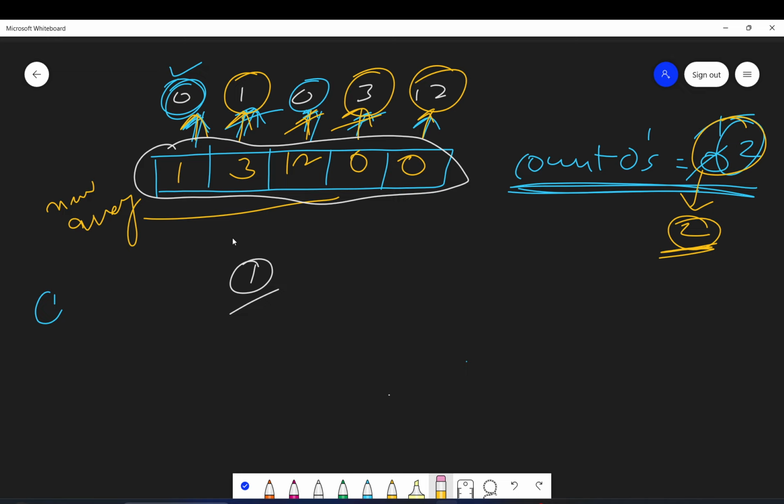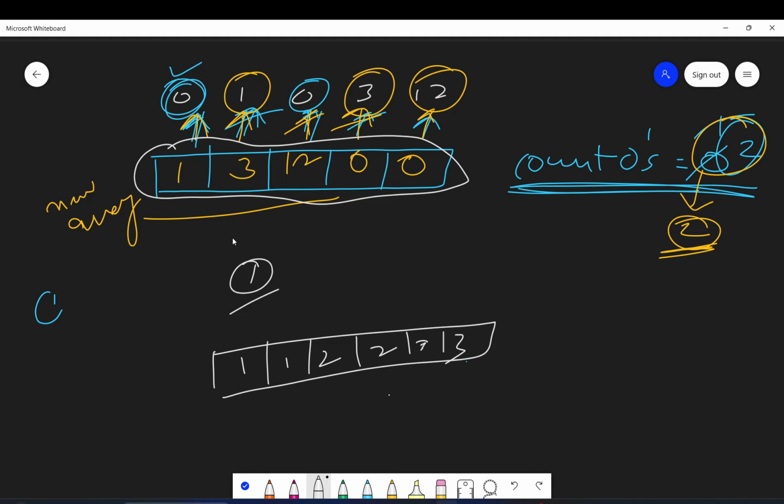If you have seen the previous video, in that video what we did was we had to remove the duplicates, right? So let's say there are some duplicates given, and we have to remove them. What we did was we took two variables i and j. j was the place where we keep the unique elements, and i we iterate every time. So if i is not equal to the previous element, we take that element and store it at j. So this is what we were doing.